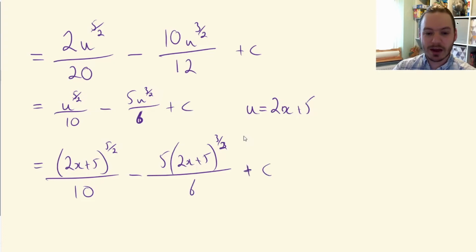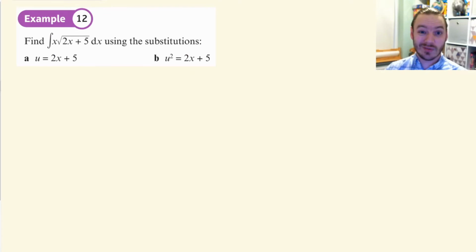And now I'm completely done because I've converted back to in terms of x and my integration is complete. It's a little bit fiddly. It takes some practice and some getting used to, but the integration step we made really neat. It was just a polynomial. Okay, so having sorted that out now one way with our first substitution, u equals 2x plus 5, we can